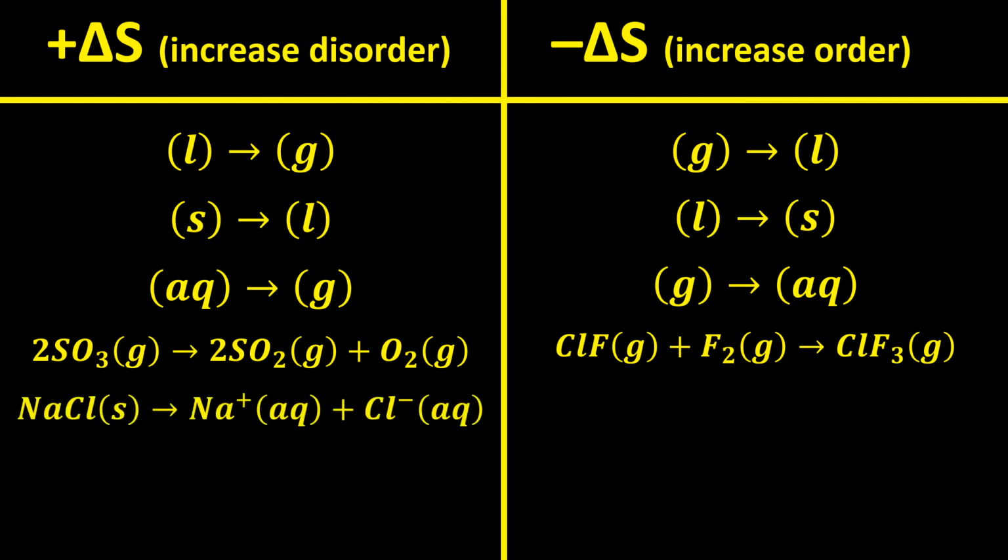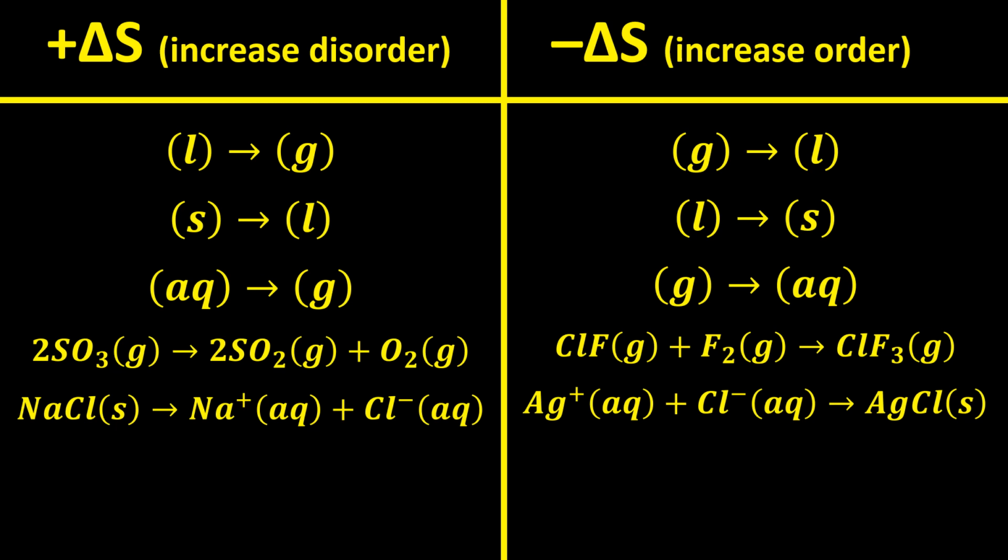Okay, now what we're looking at is the dissolving of salt. When salt dissolves to form sodium ions and chloride ions, this increases the disorder. It's going from the solid to the aqueous state. Now we have more particles that are more free, so it's more disordered, and we have a positive delta S. So if we have the opposite occur,